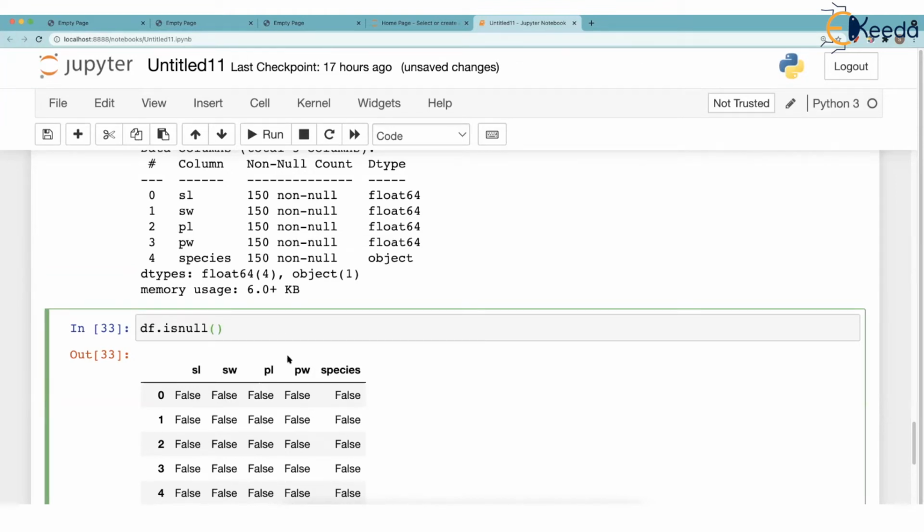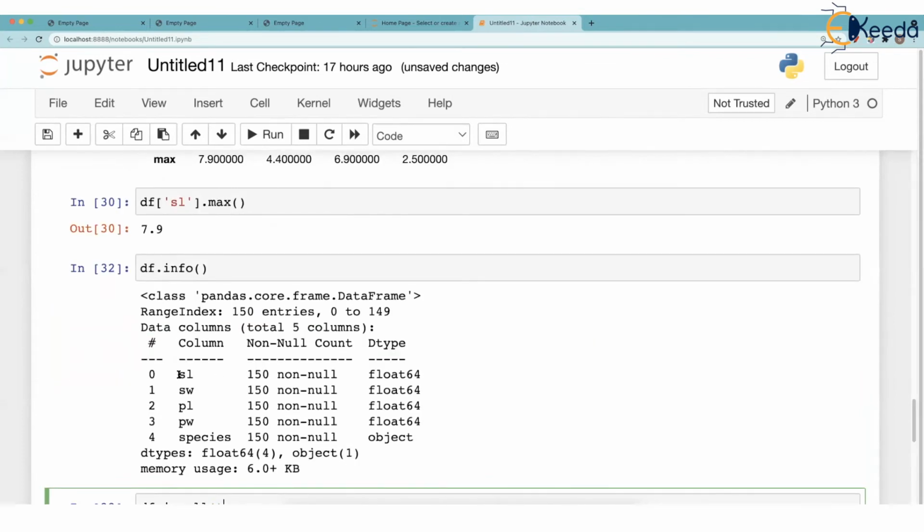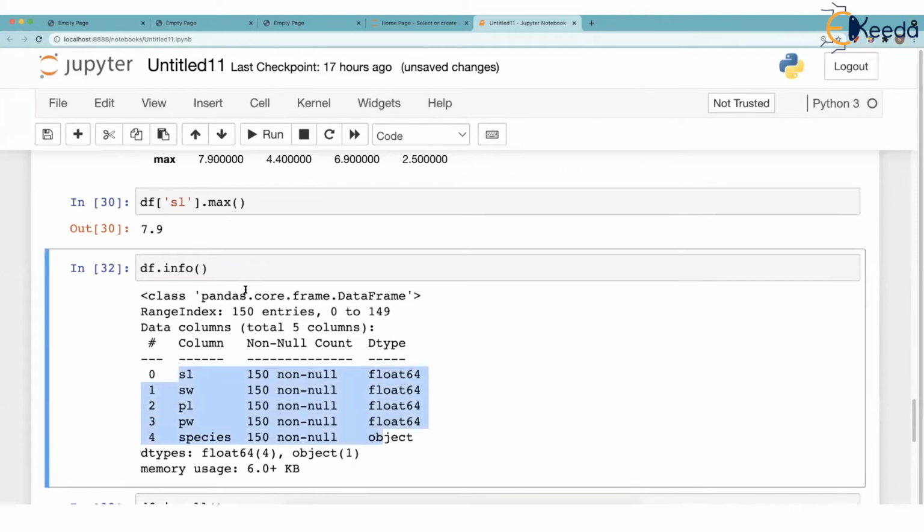Please don't find it very funny if it every now and then happens with your teacher. Okay, well, I know the meaning of this. That's more important. And it's okay if you forget the grammar of the function. You can't remember everything, but you should know that there is some way of finding non-null values, how many non-null values are there. You can go to Google and always take the help.